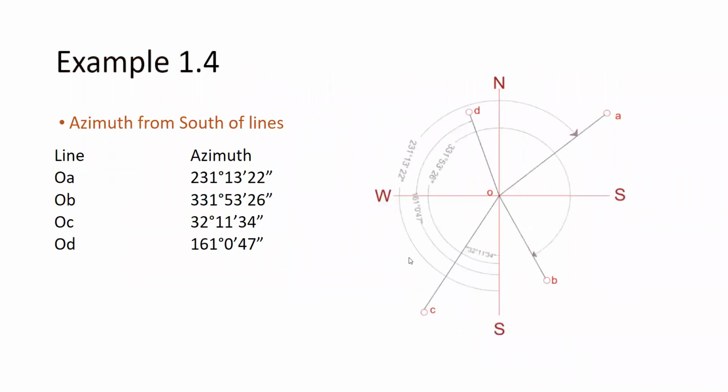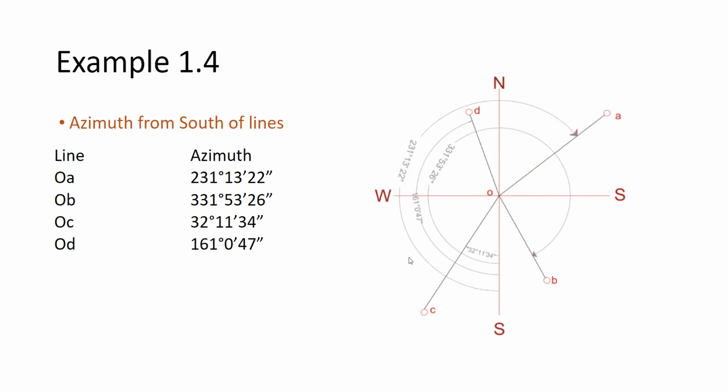So, pag sa south lines naman, simula ka sa south, papunta doon sa line. So, for example, this is your line OA. So, from the south, magme-measure ka from your line OA. We have here 231 degree, 13 minutes, 22 seconds. Okay? So, ibig sabihin,